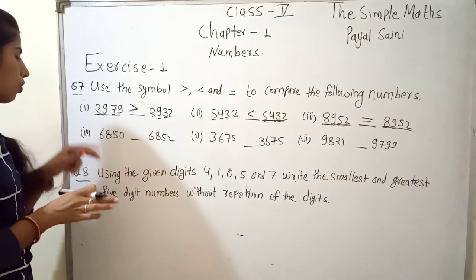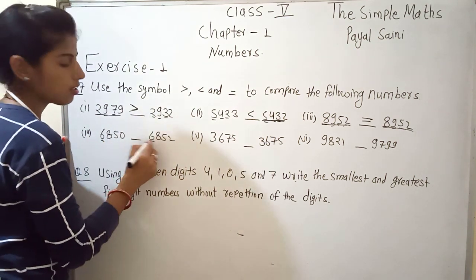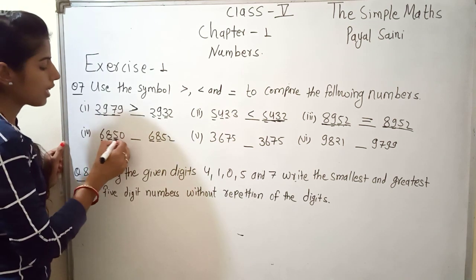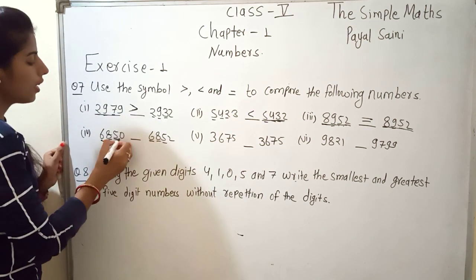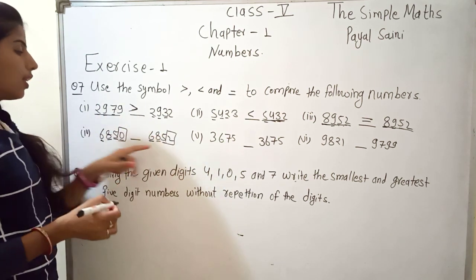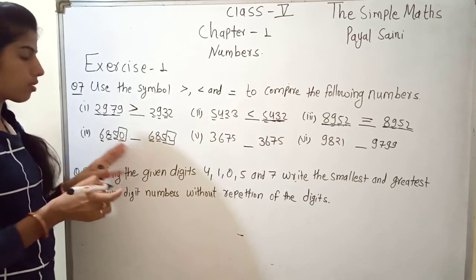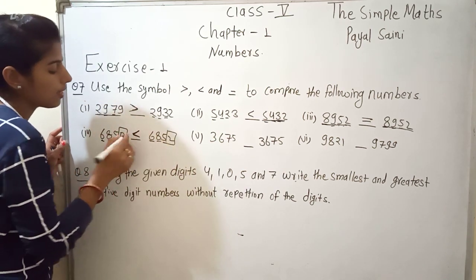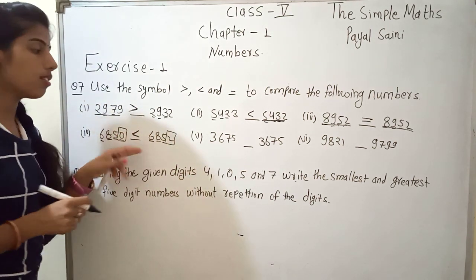Next, question number 4. Fourth, here is 6, both are equal. Then 8 here is also equal. Then next 5 is equal. Next, the last one's place is here 0 and here is 2. We know that 2 is greater than 0. Here we also say 0 is less than 2. Then which sign do we represent here? That sign is the smaller than sign.